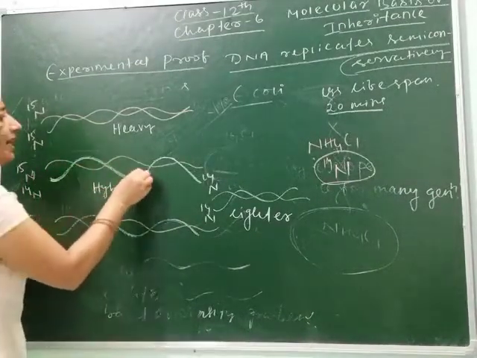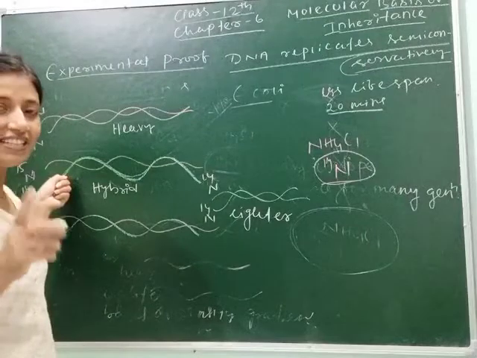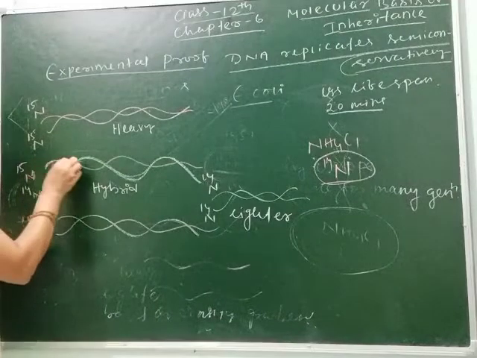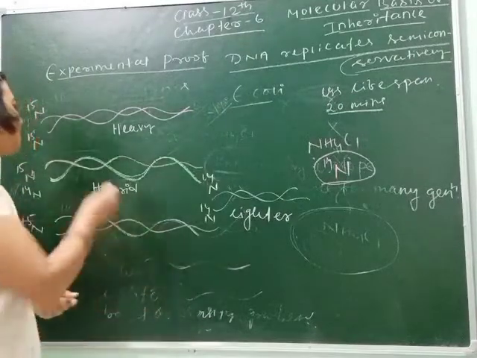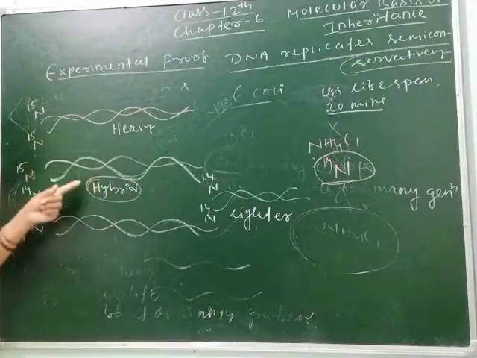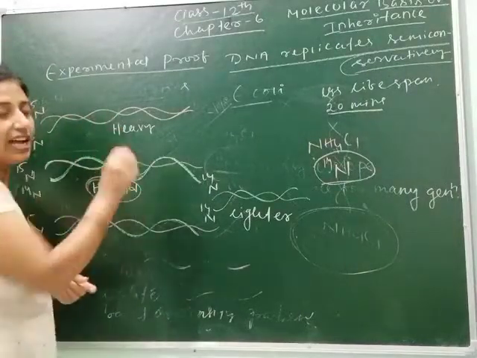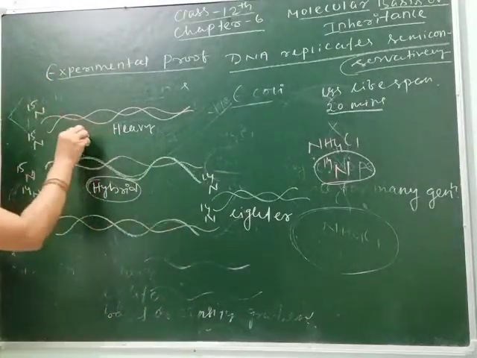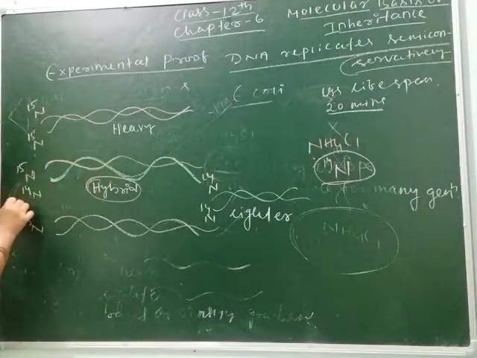So here the replica will be formed, meaning the DNA strand does not exist as a single strand, it exists as a double strand. That's why when a single strand of nitrogen 15 is present, the nitrogen 14 from the normal solution binds with nitrogen 15 and forms the hybrid variety. And this will happen after 20 minutes, as you know E. coli needs 20 minutes to complete its life cycle. So this heavy nitrogen 15 divides and they combine, and this will take 20 minutes.